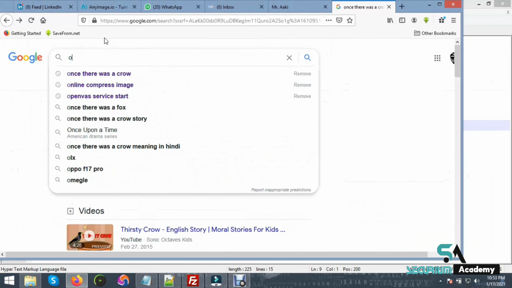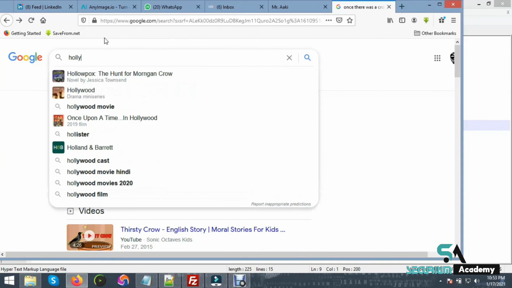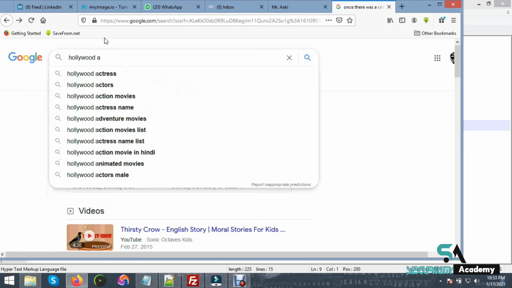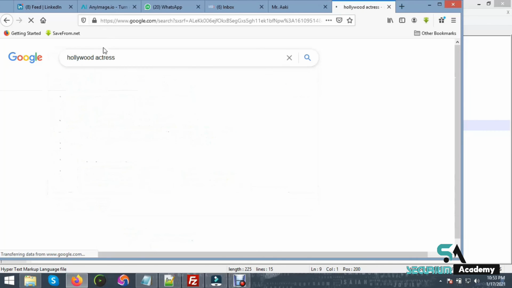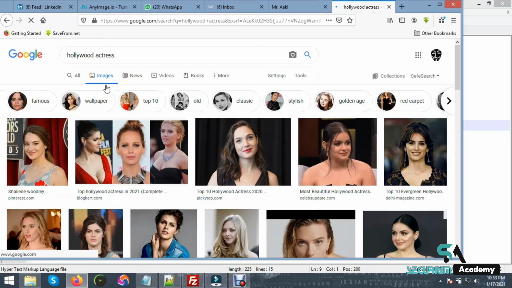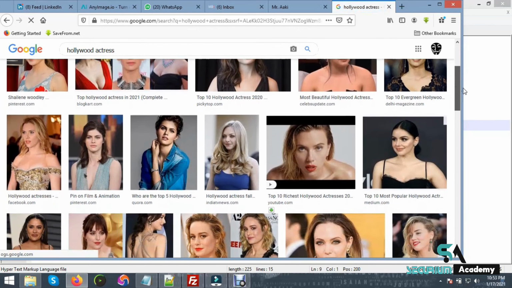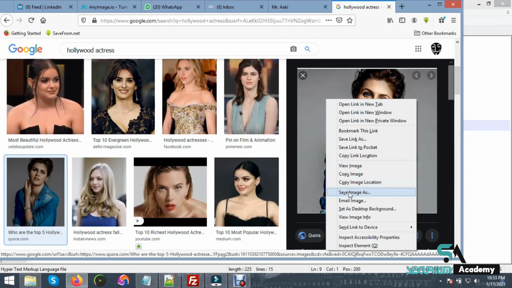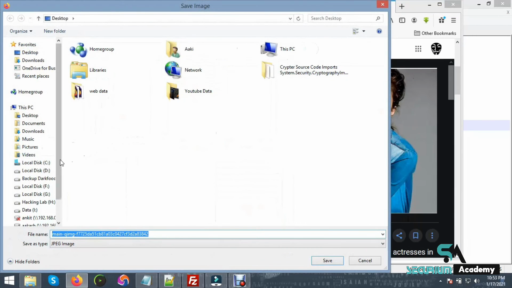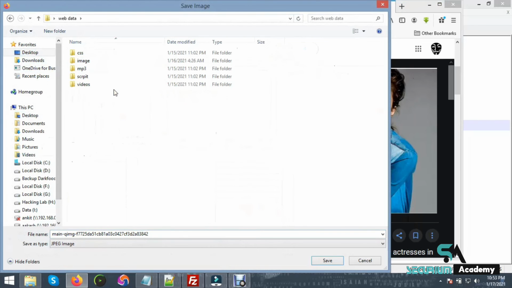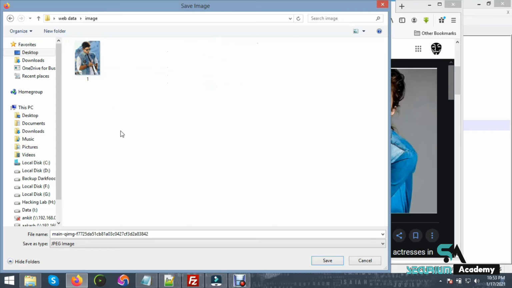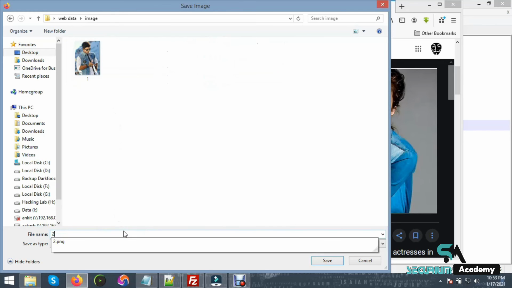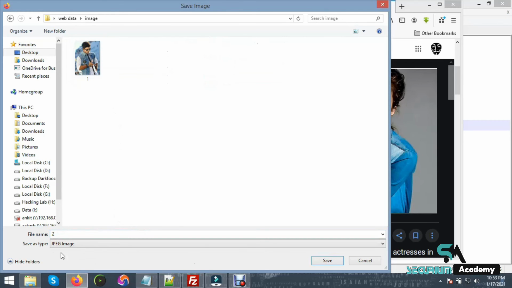Like we typing here, Hollywood actress, click here, then you click on image and download 6 images for your gallery. We click here, then you right click here, then click on save image and go to your web data folder on desktop, click here, then you go to image folder and enter name like 2 and format is the JPG,